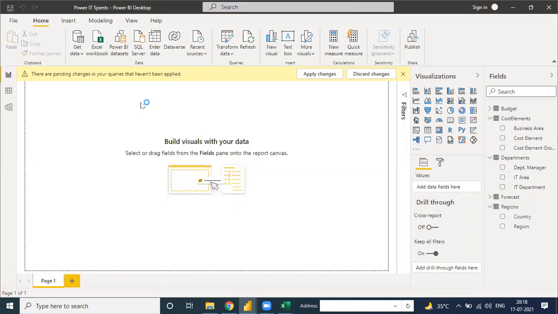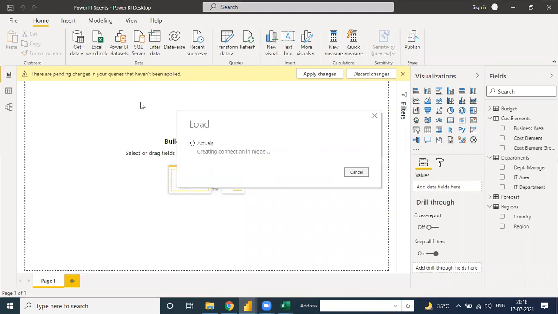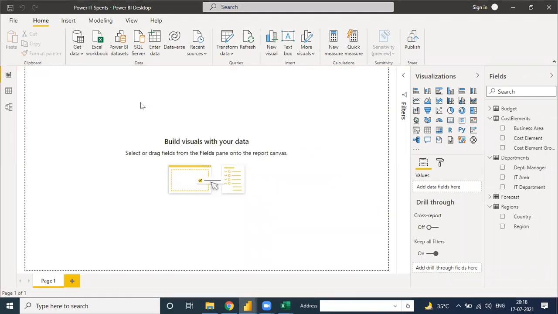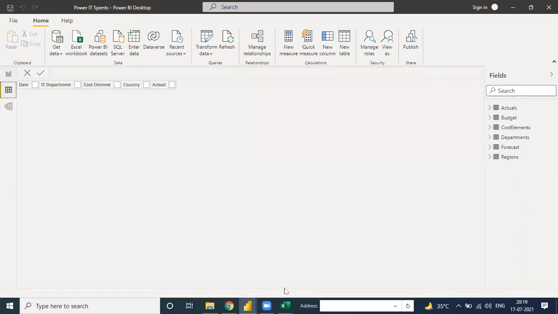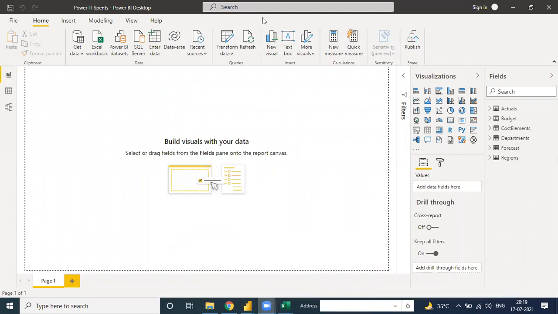So all our data is extracted from our sources: budget, actual, forecast, as well as all the dim tables. All the data is covered. See, actual, budget, department, forecast, and reason. So tell me, any doubt related to extraction of files? Actual, budget, cost element, department, forecast, and reason. Any doubt? Please, anyone tell me, because it's a very important topic right now. I know there are some people who are not joining, but it's a very important topic.